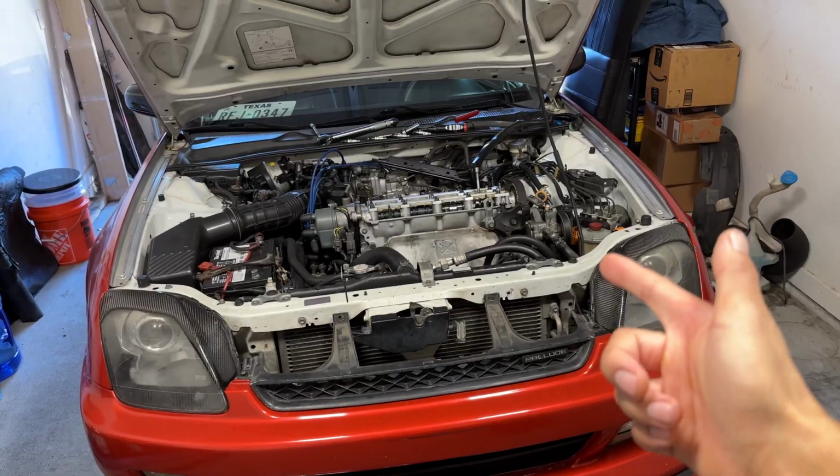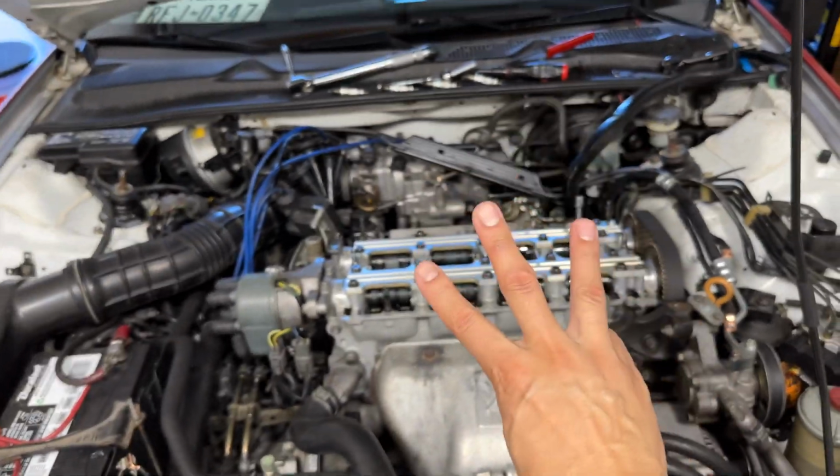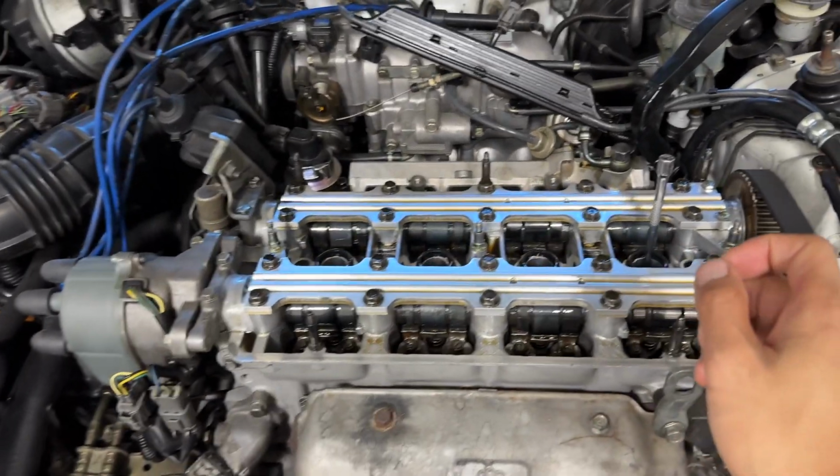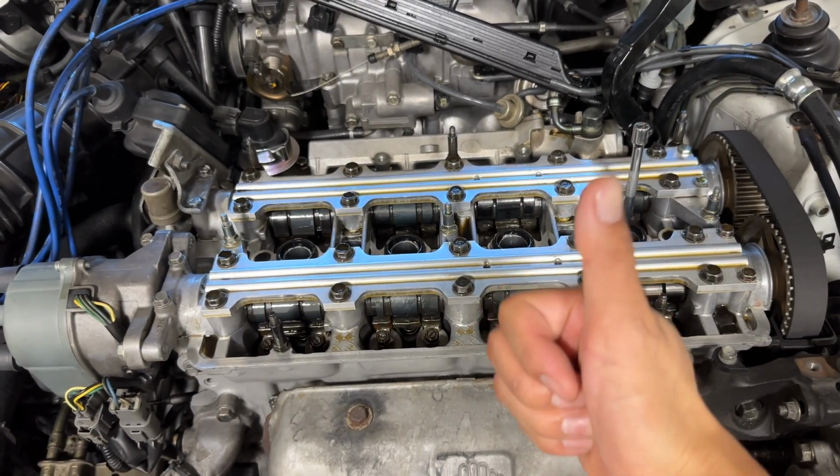Okay, the valve adjustment is all good on the Prelude. I checked all 4 cylinders and I've only adjusted like 3 different valves. It was on cylinder 1, 3, and 4. Cylinder 2 is good. If you're pretty hands-on with your car and you like doing things yourself just like me,